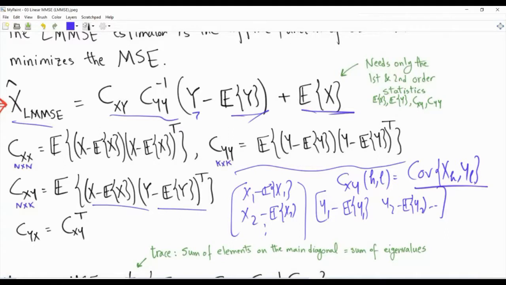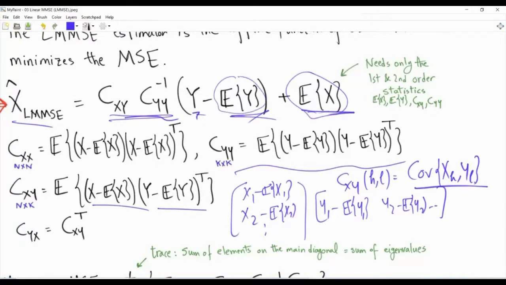So some people say this is the cross covariance. Cross covariance means that you are computing the covariance between two random variables that are not in the same vector. One of them lives in X and the other lives in Y. So you have the cross covariance XK YL. Okay, so this is Cxy. So basically your estimate is a linear function of Y. You have Y minus expected value of Y, you multiply by this matrix, and then you add the expected value. Now, if you look at what is needed to compute this estimate, we need expected value of X,